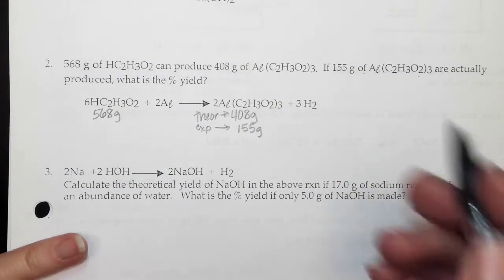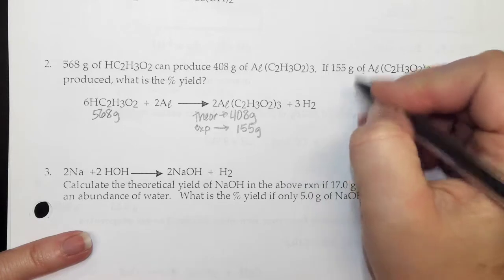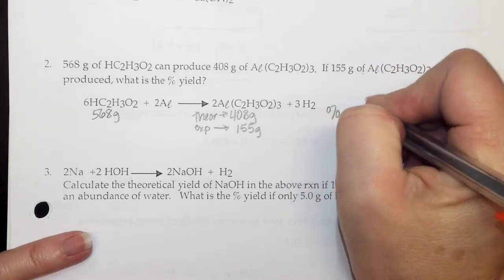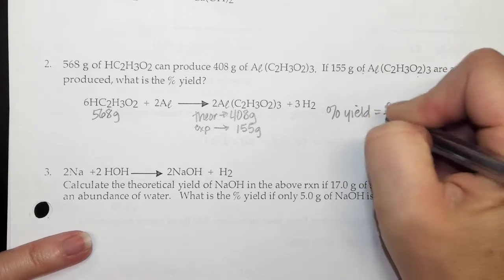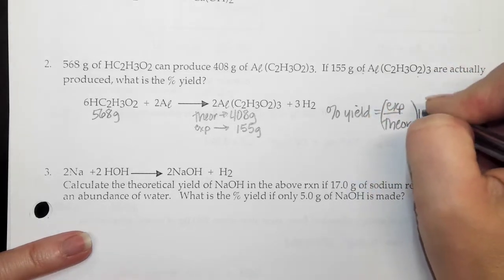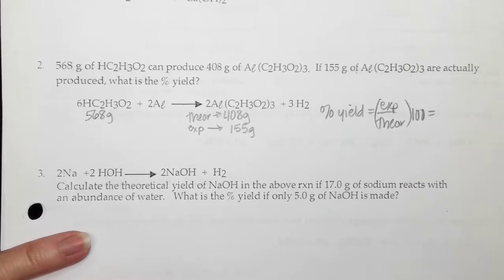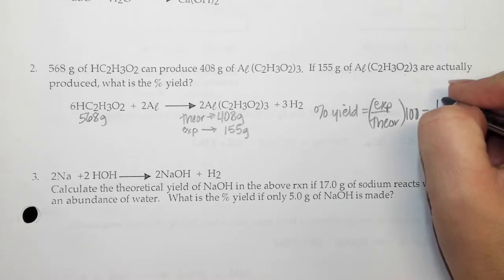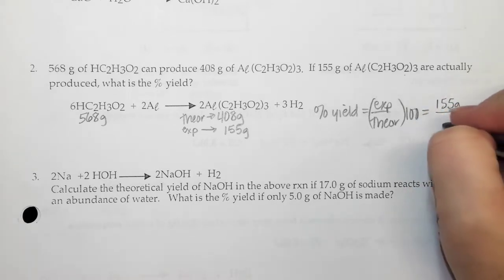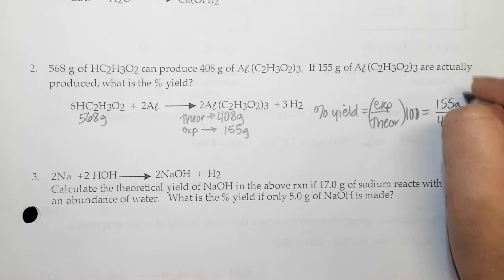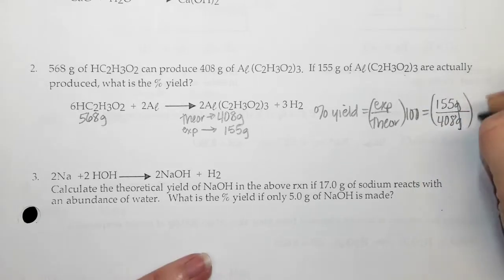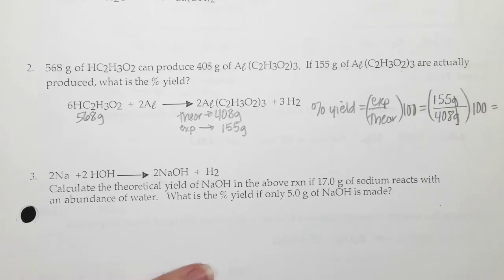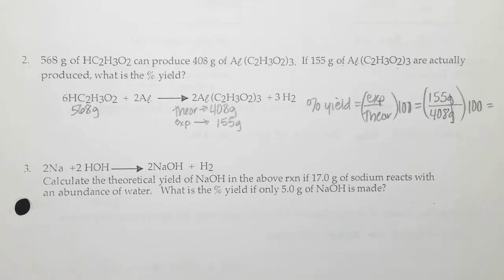So, percent yield. The first thing we do is write down the equation. Percent yield equals experimental divided by theoretical times 100. What was the experimental value from the problem? 155. What was the theoretical value? 408. Grams over grams, grams cancels. I multiply by 100 to turn it into a percent. Grab your calculator. 155 divided by 408 times 100 gives me,